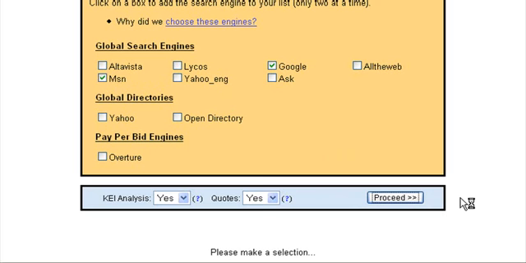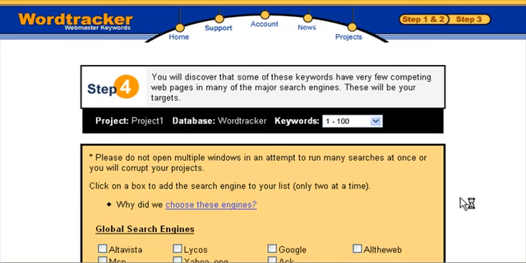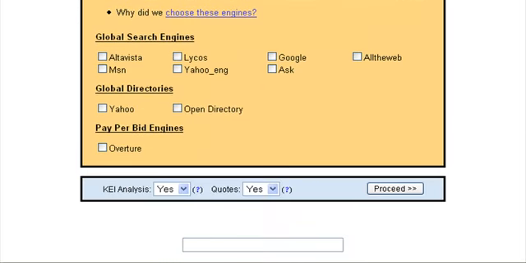Now this will do a great big search. So it's going to take about 60 seconds or whatever. And this page is slowly coming up now. Now there is a mathematical formula, but with Keyword Effectiveness Index, all you've got to realise is it's a number between 0 and infinity, right?